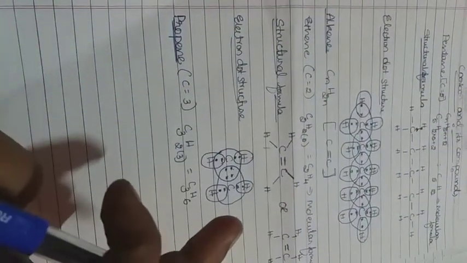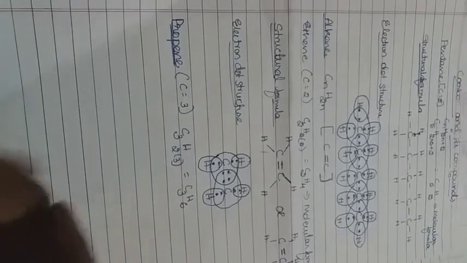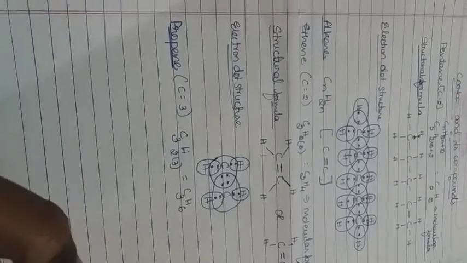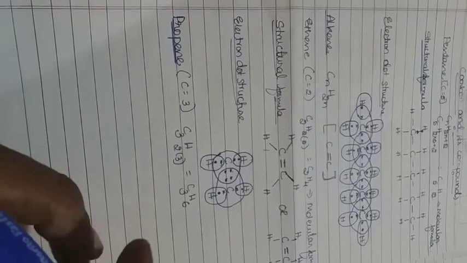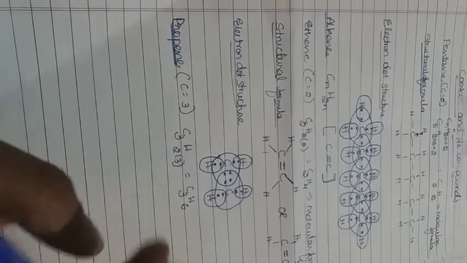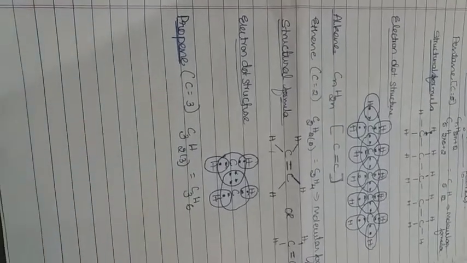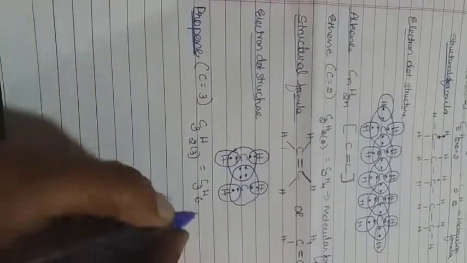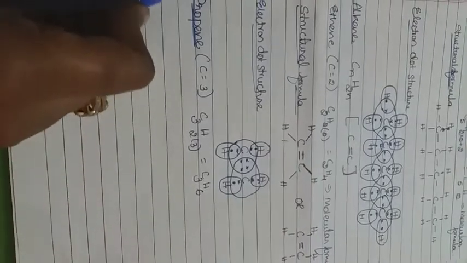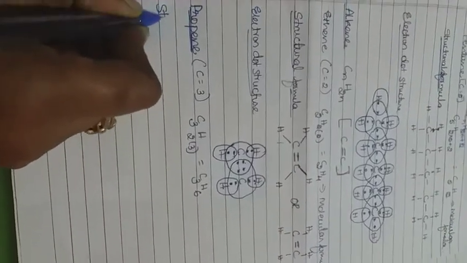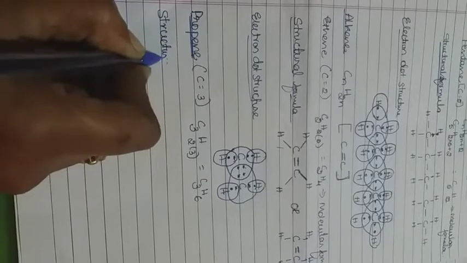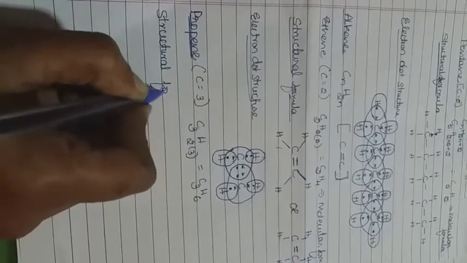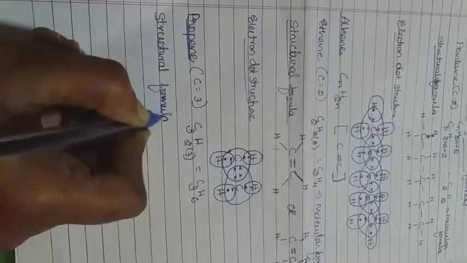In this group of hydrocarbons, methane has carbon atom 1, then ethane carbon atom 2, propane carbon atom 3, butane carbon atom 4, pentane carbon atom 5. You have to get to know that, and it makes it very easy. Okay, C3H6. Let's write the structural formula of this. Students, you have to write the structural formula on the first page of this lesson.